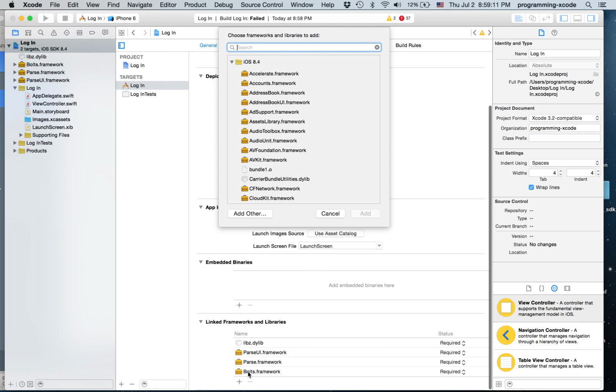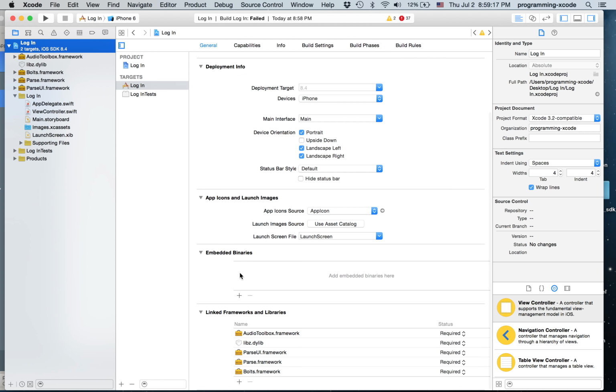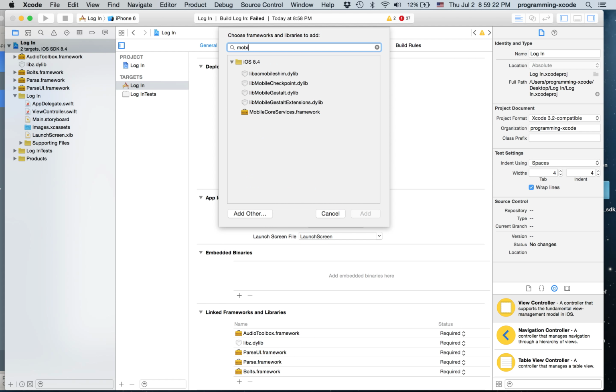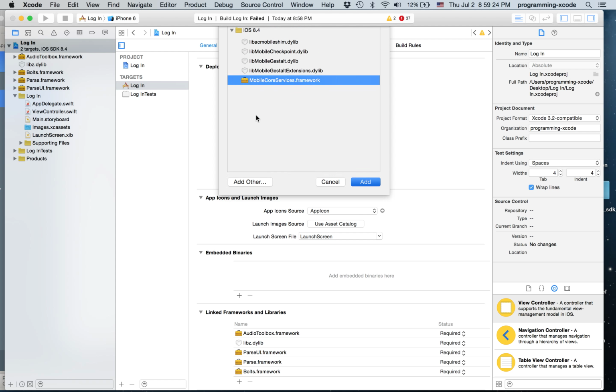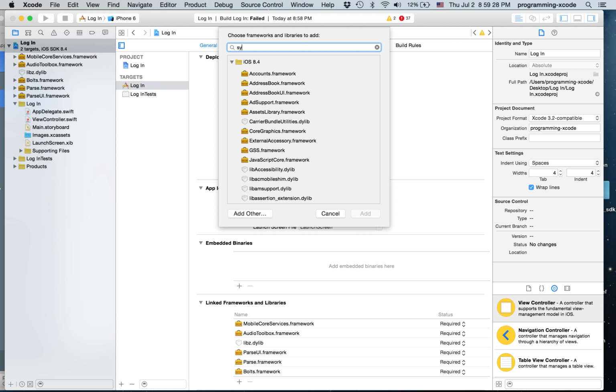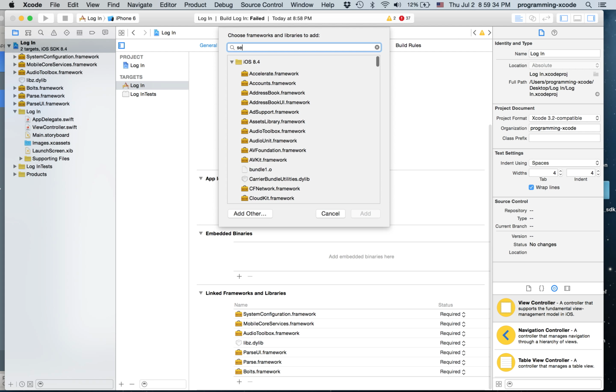We're gonna need AudioToolbox. We're gonna need MobileCoreServices. We're gonna need SystemConfiguration. We're gonna need Security,